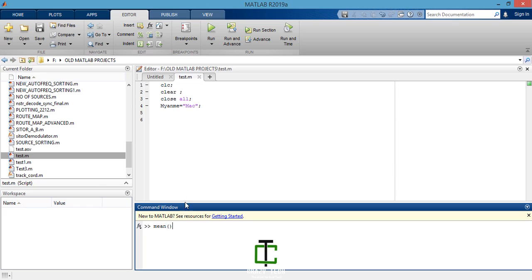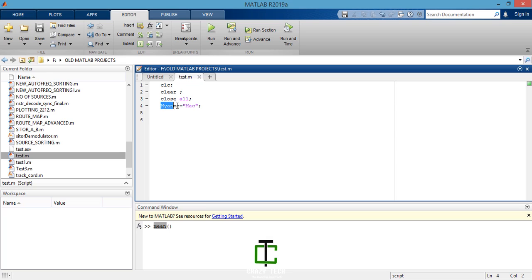In any case, you may not know that the mean function exists. If you declare this variable as mean equals Mac, no harm done. The compiler would not show any error, also not at runtime, but it can cause some unwanted behavior.